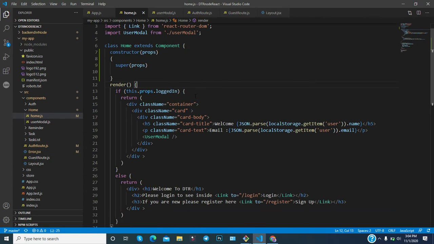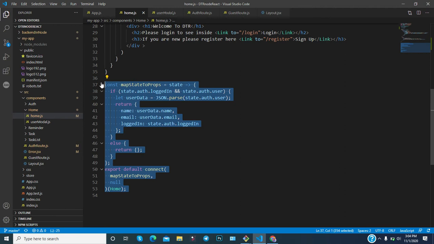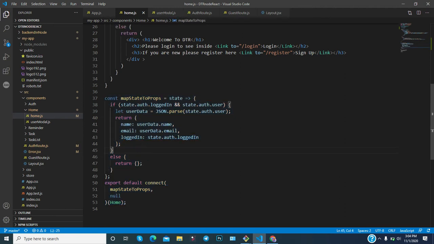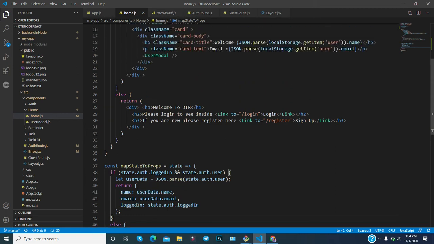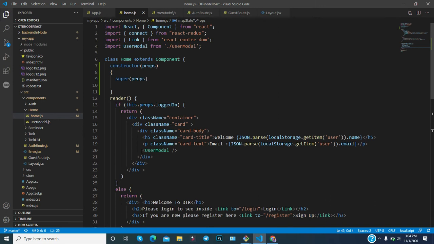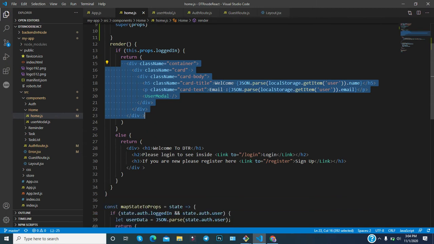In the Home component, through Redux, this is the global object for managing the state. It is very useful. From there you get the information whether the user is logged in or not. If the user is logged in, then return this code, otherwise return this one.